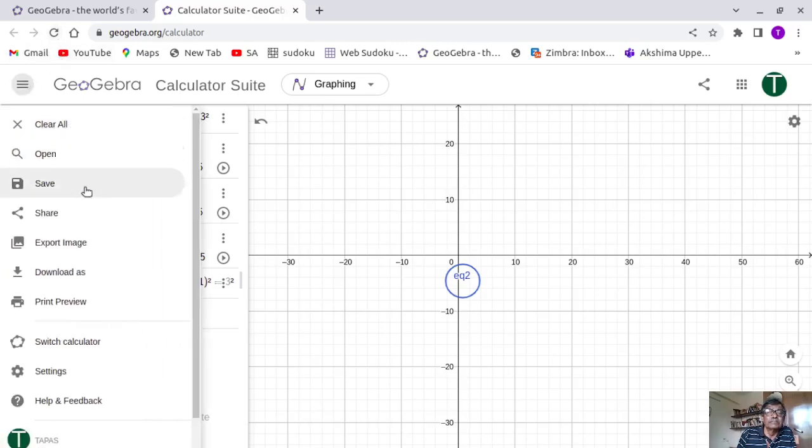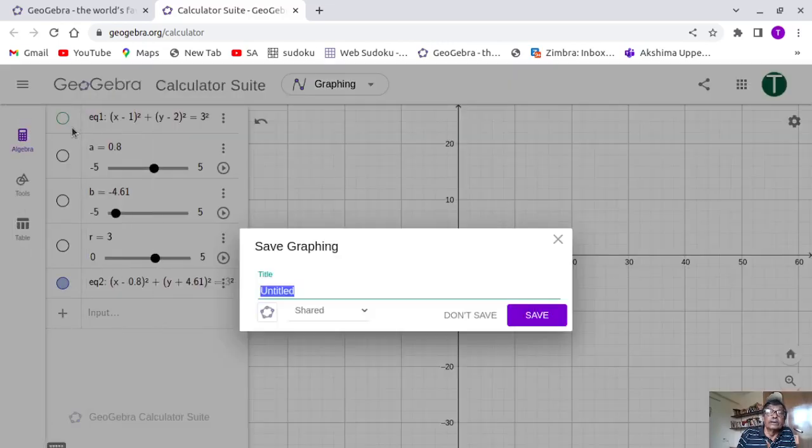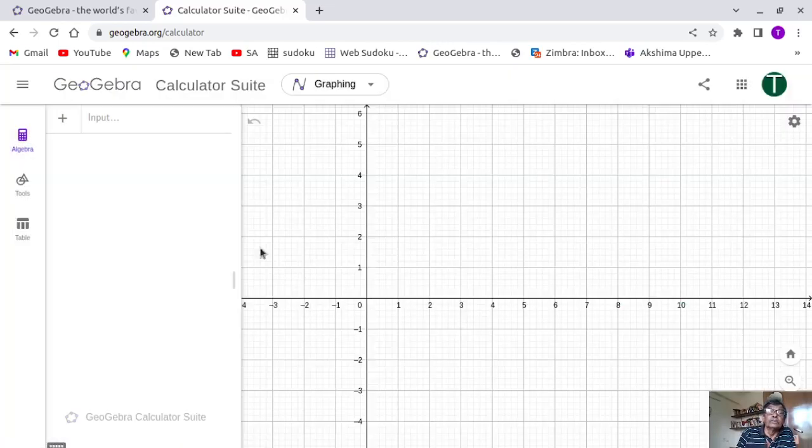So I cleared my board by going to these 3 lines here, dashboard, and clear all. So this is the thing. Now let us see how the ellipse can similarly be written. I will straight away write the equation of an ellipse in general coordinate form, that is x